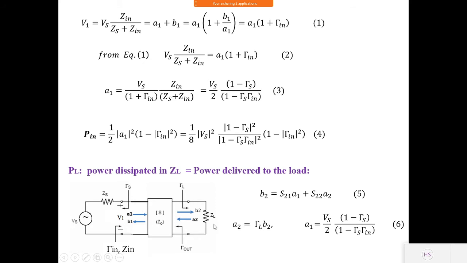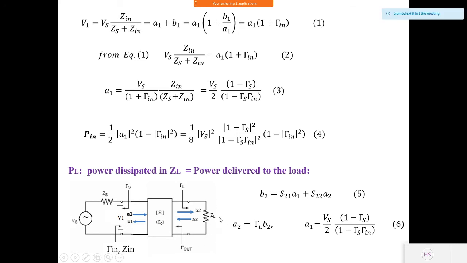Okay, in both ways we can say it in terms of impedance or in terms of reflection coefficient, because reflection coefficients are related to impedances. Γout is related to Zout, ΓL related to ZL. So Zout complex conjugate must be equal to ZL. That is nothing but ΓL complex conjugate must be equal to Γout. Okay. So now this PL is defined assuming this ΓL is not matched with the Γout.